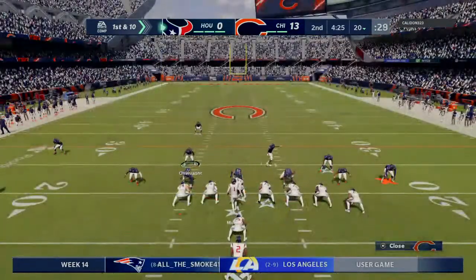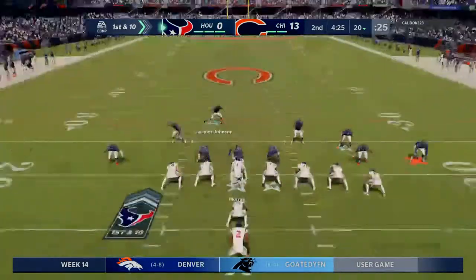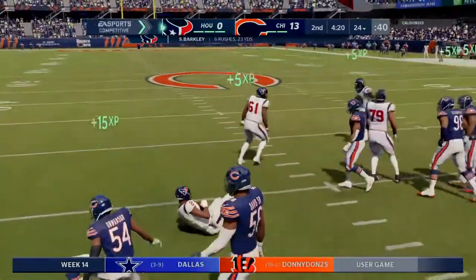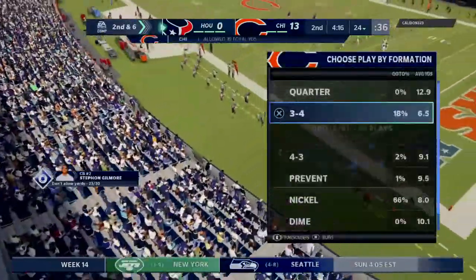The Texans offense ready to go here for their next drive. They've shown precious little here offensively thus far as they try again with a first down now. They will get 4 yards here on the first down run, and that'll make it 2nd and 6. He was brought down by...